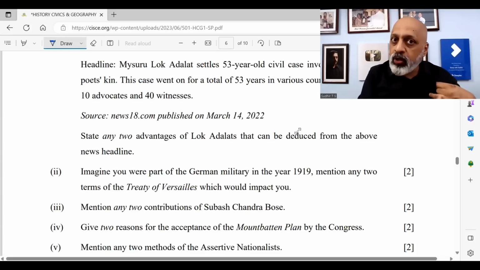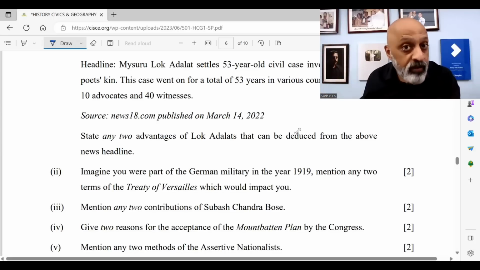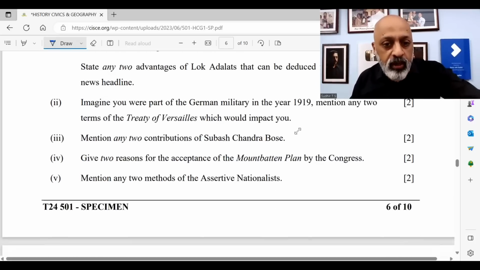So you will have to write about how the size of the military, the army, the navy, the number of ships, everything was reduced. That can be point number 1. The point number 2 can be that the Rhine Valley had to be demilitarized, right? You can talk about both because both are connected with the German military.